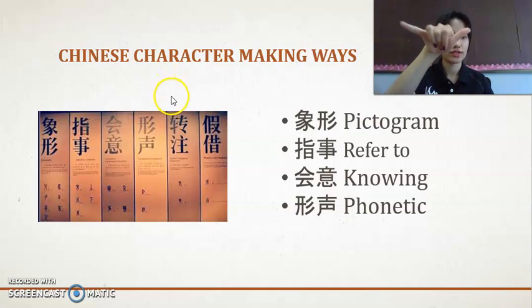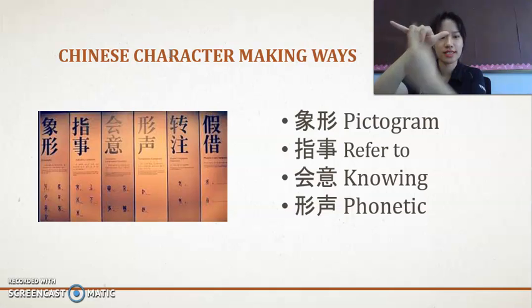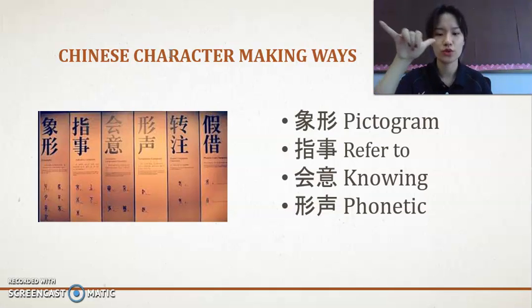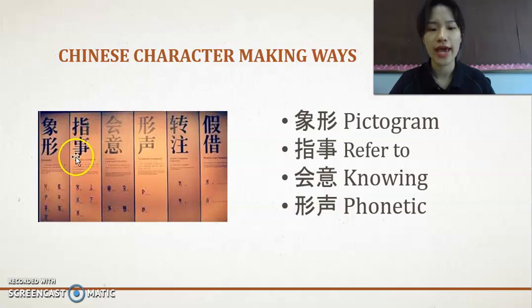There are 6 ways. 6. This is the Chinese hand gesture for saying 6. 6种 ways of creating a Chinese character: 象形 pictogram, 指示 refer to, 会意 knowing, 形声 phonetic, 转注 borrow, 假借 fake.